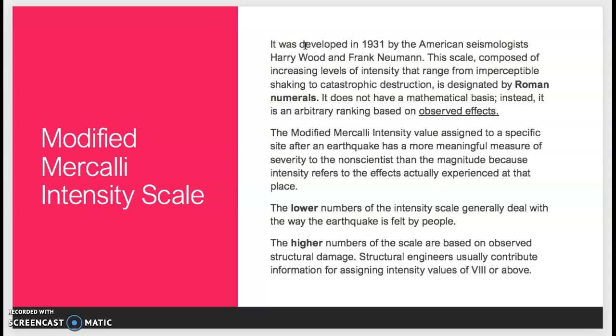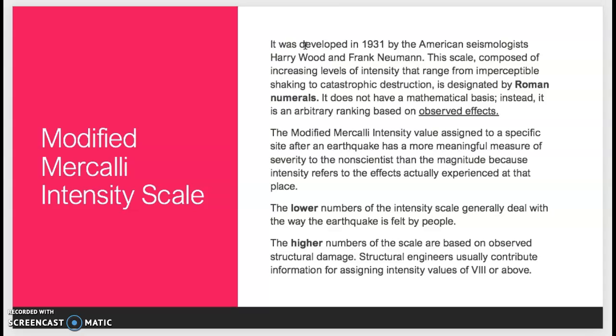The MMI scale assigns a value to a specific site after an earthquake has occurred to measure the severity to non-science people. Okay, so it tells you how much you actually experience. So let's say there's a 6.0 on the Richter scale earthquake at Westmoreland Mall. Let's say that is a 6.0 earthquake no matter what. The people who live right next to the mall are going to have a lot more damage than, say, people